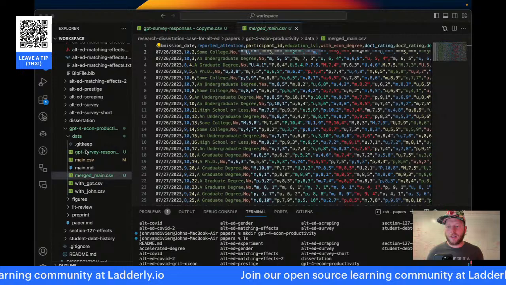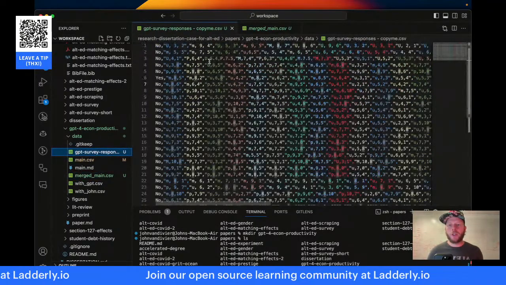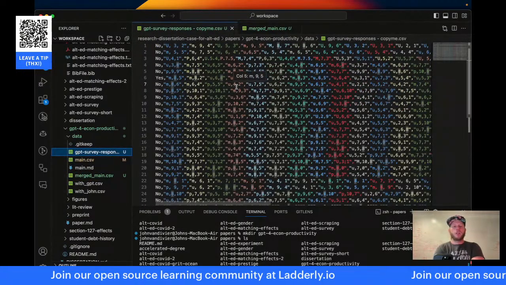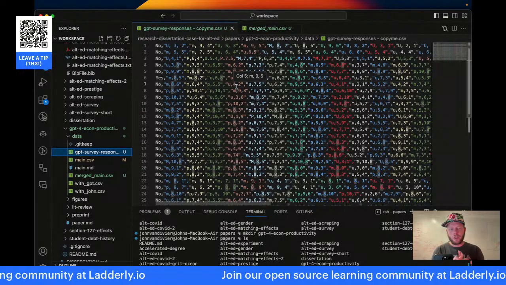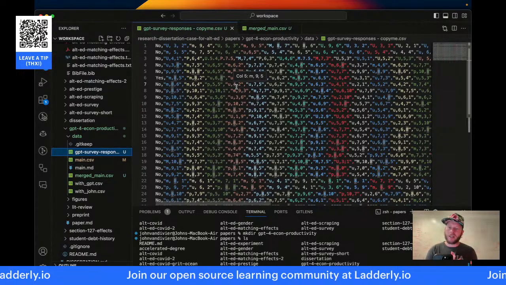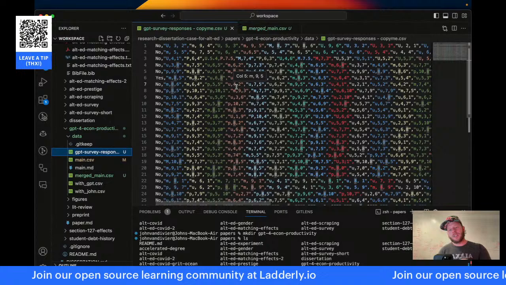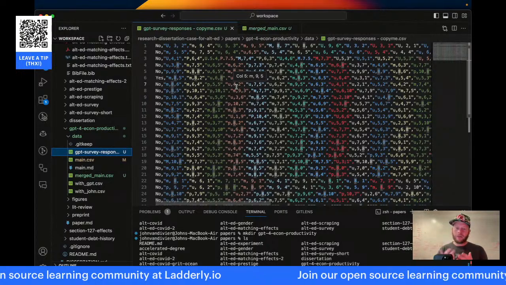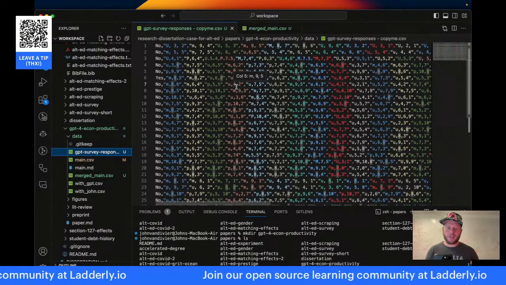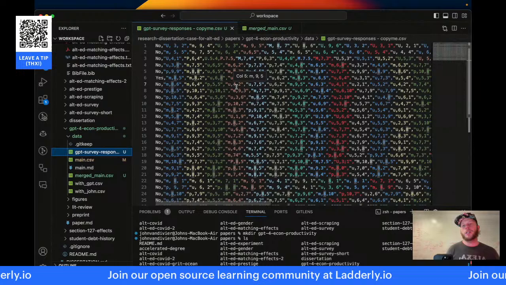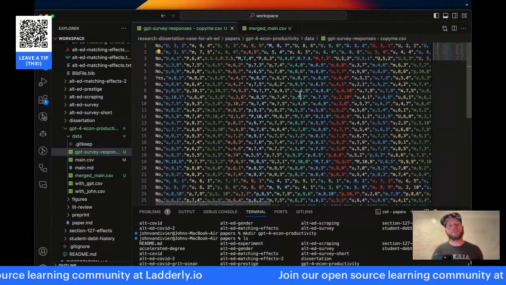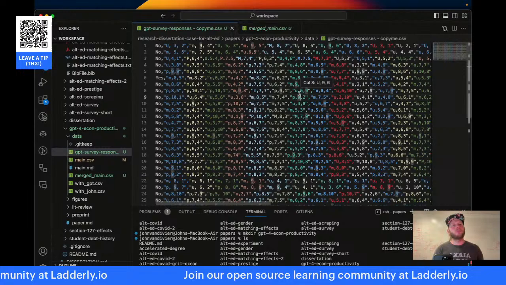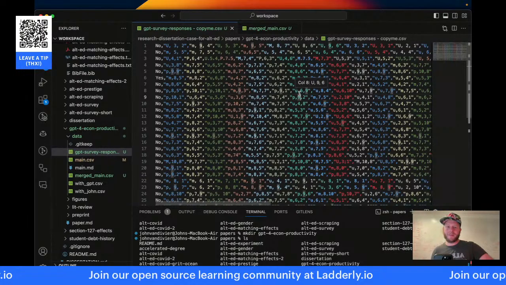Let me look at these. So the two-way delimitation is solved. It's delimited on comma and space. Do you see that? That's the problem, comma and space. If it tries to split by comma, there's interior commas. If it tries to split by space, there's interior space. So what it should do is rely on the double quote delimitation here. But I never told it to do that, so I don't really blame it.